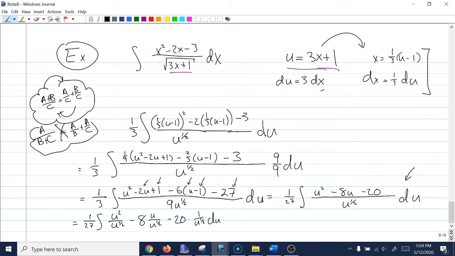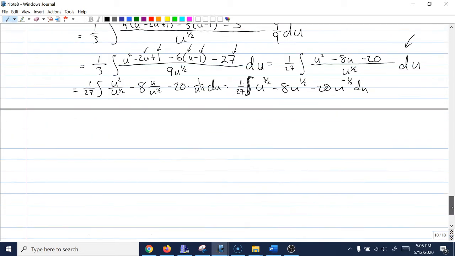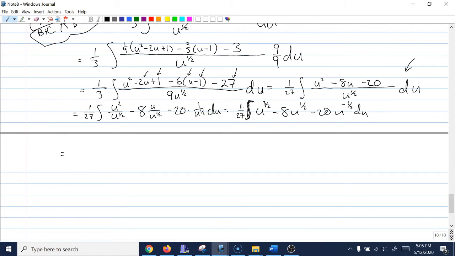Each of these things is now just a power of u. I get 1 over 27 of, still not integrating yet, the integral of u to the 2 minus 1/2 is 3/2, minus 8u to the 1/2, minus 20u to the negative 1/2. And now I'm ready to use the power rule. I get 1 over 27 of